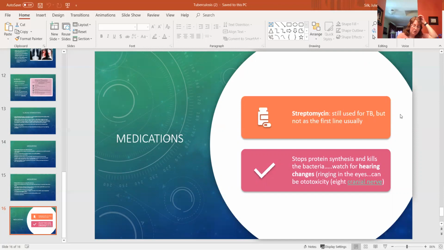You also want to monitor urine output and renal function while they're on this. It just can not be good. You can get toxic while you're on this medication, so you have to be very careful. So again, the biggest thing I want you to get out of this TB stuff is that, yes, you can